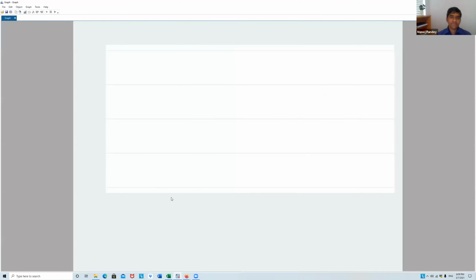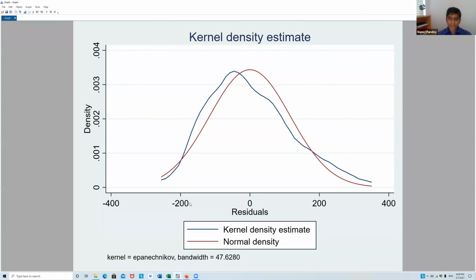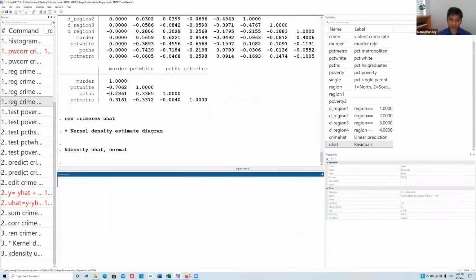Basically, the normal density is the red one, and the blue one is the kernel density estimate. It looks quite close, but their mean is different, right? So it is not very clear whether it is normally distributed or not.